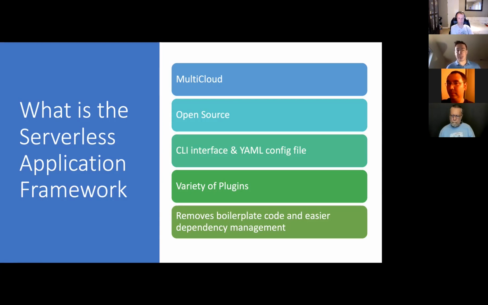And probably the best thing about the serverless application framework is it removes most of the boilerplate code. When you're writing raw CloudFormation with SAM, you would probably write 700, 800 lines of YAML; you can do it in about 10 lines with the serverless application framework. So you get the same functionality, but with a lot less code, with a few plugins, and you get a command line interface for testing locally, which is more intuitive than the native AWS tools or other cloud providers.